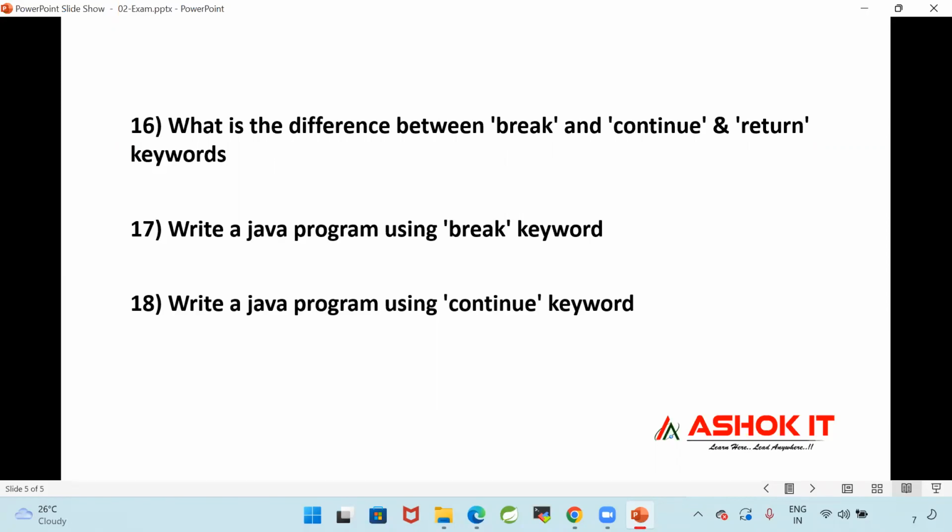After explaining break, continue, return, you need to write one program on the break keyword.